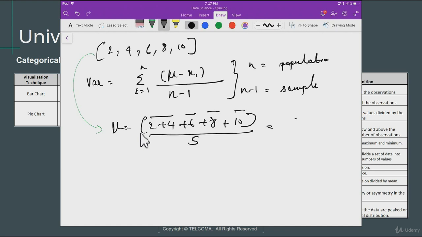So the mean is 6. So we have a number over here, the first number. We can say mean is mu, that is 6. Next, we can calculate the variance. So putting the numbers into the formula, we will say